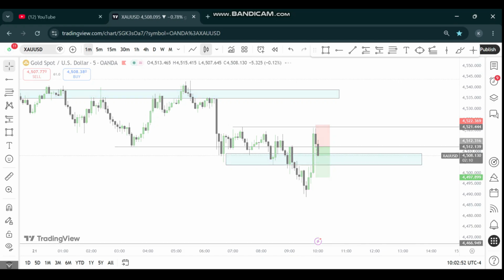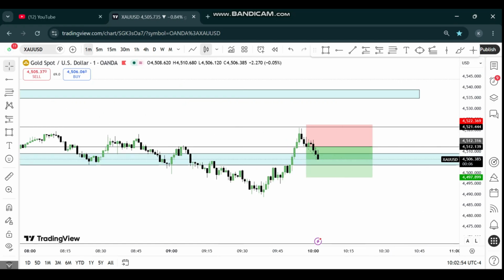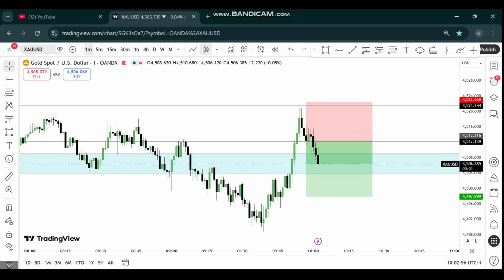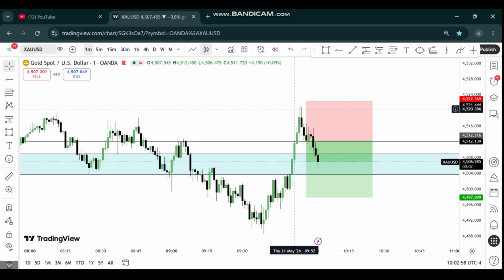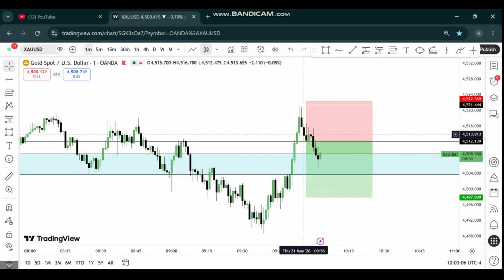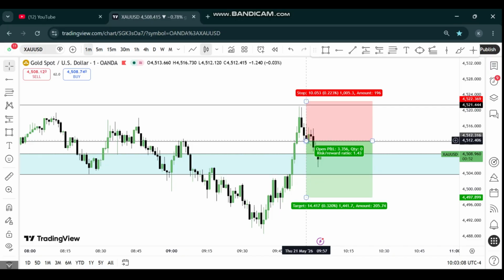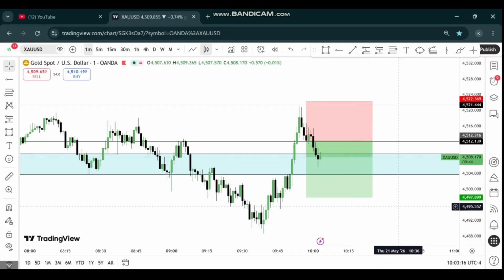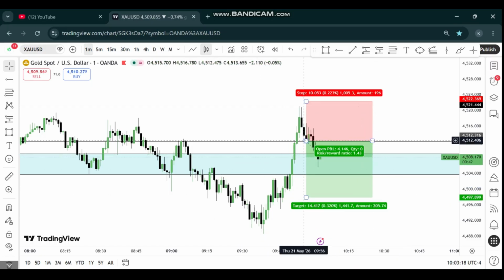and we got in for a quick scalp after we saw some candlestick price action forming around here, some rejection, then the star pattern, and we entered it going down here. So risking 10 pips, looking to make about 14. So we entered the trade